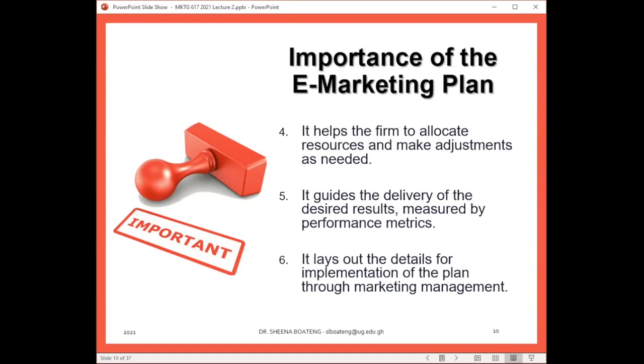So with the e-marketing plan, we know how to be able to allocate our resources and which activities to allocate these resources to. And given that the e-marketing plan incorporates an element of evaluation, we will be able to determine from time to time where we are not on course towards achieving our objectives and make the necessary adjustments in terms of resource allocations to ensure that we get back on course towards achieving these objectives, which will serve the larger goal of helping to achieve other higher organizational objectives.